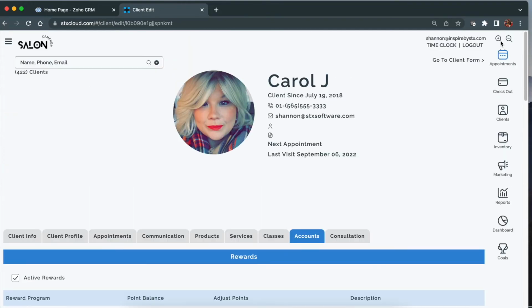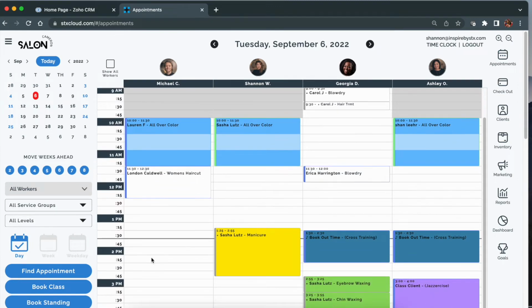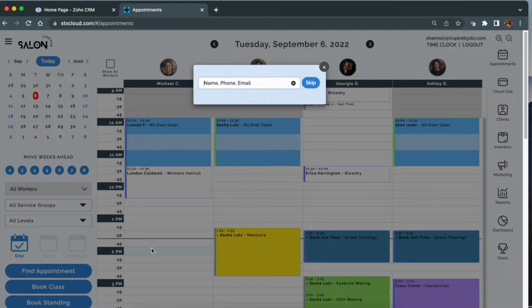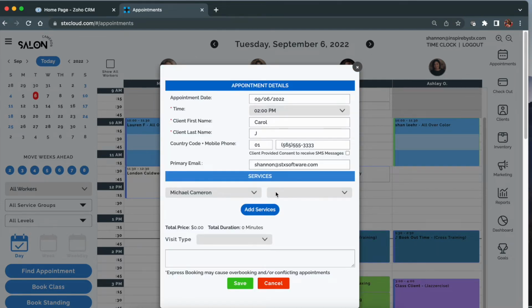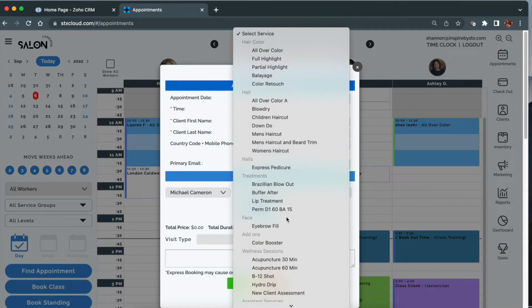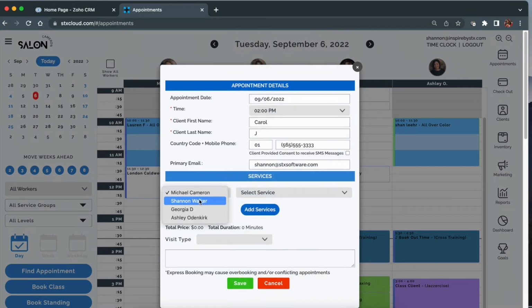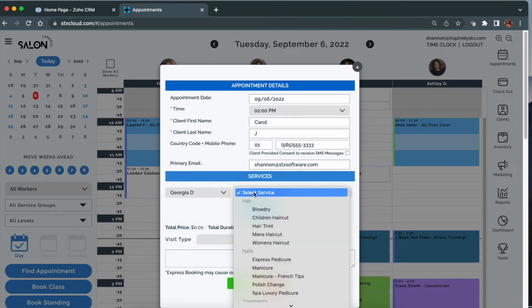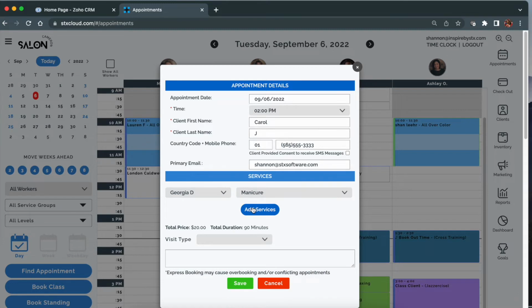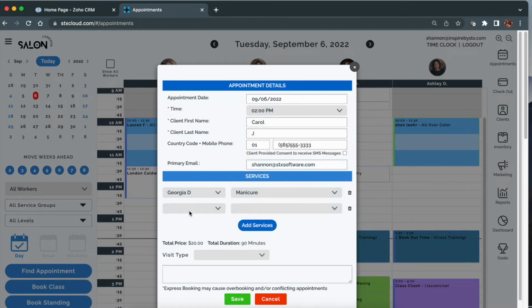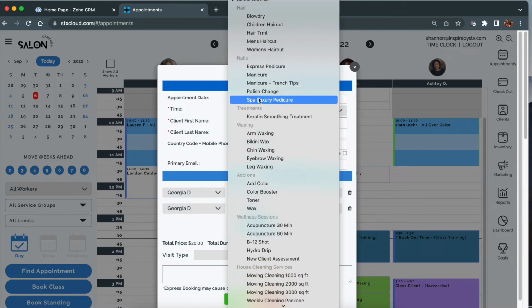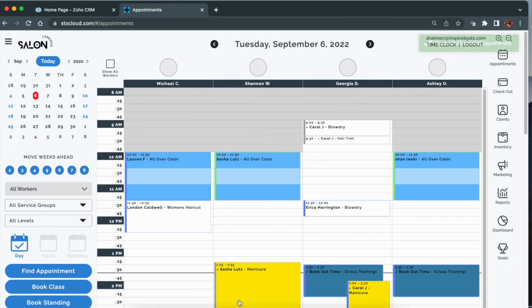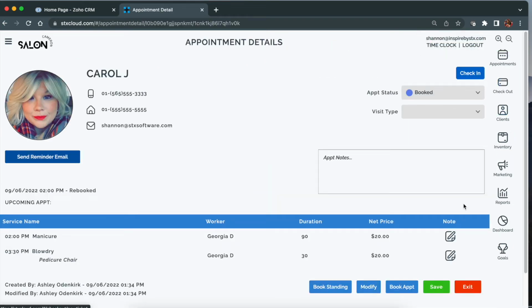Now if I want to go ahead and schedule her for those, I just go in here, I click on a time, and there's Carol, and I go ahead and say, okay, she's going to get a... Mike doesn't do those services. Let's say Georgia, a manicure, and blow dry, right? Okay. So I go ahead and I schedule my services,